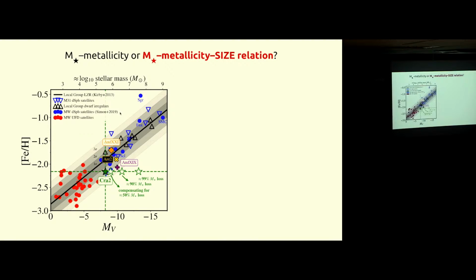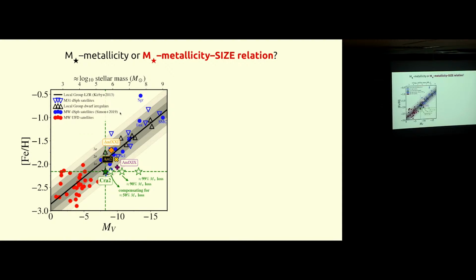So Sagittarius, which I showed in the first slide of the talk, has this gigantic stellar string and has lost a lot of mass. And this galaxy really is an outlier in the mass metallicity relation, but it's on top of the relation. It has a higher metallicity for its present day mass. But this is the contrary of what happens to Crater 2. If we compensate for the mass loss that we expect to have happened, for like 50%, then 90%, then 99% mass loss, this would become a 2 sigma, then 3 sigma, then something like a 6 sigma outlier in this relation. So this is something that got me really interested, because it got me really thinking.